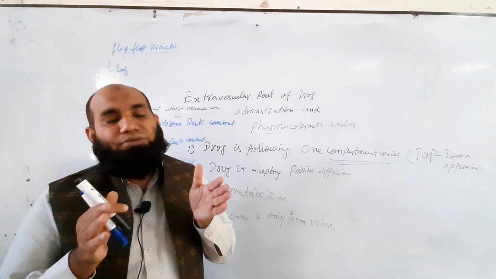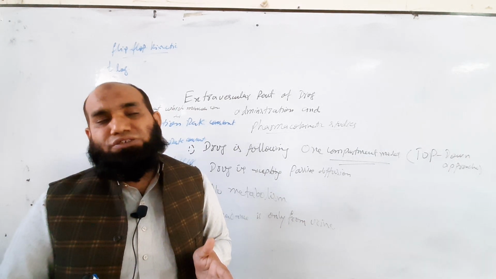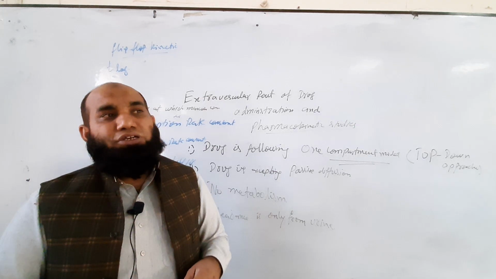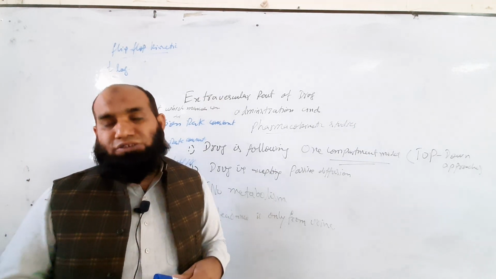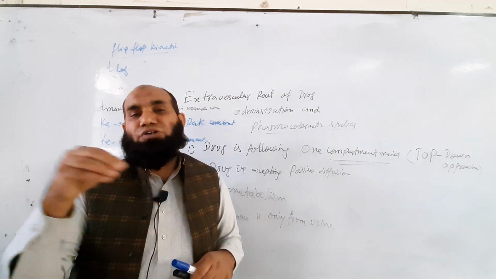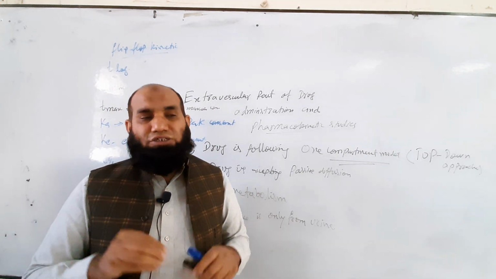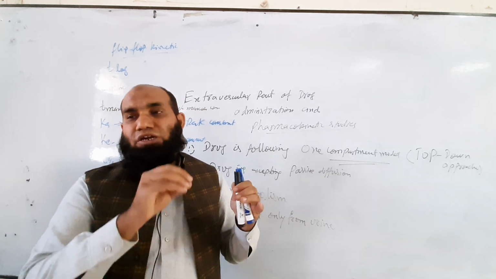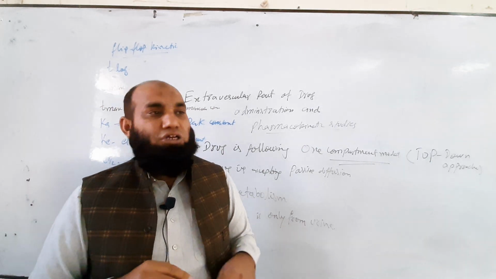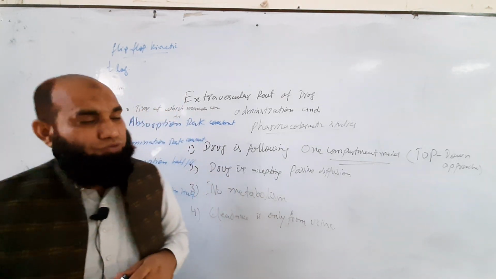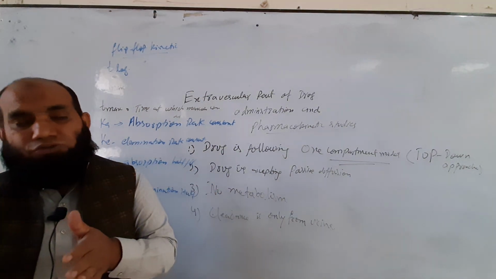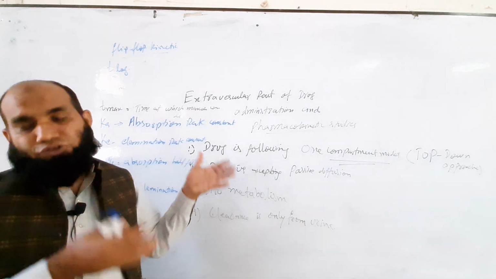At the start, the maximum amount of drug is present in our GI system, in our stomach, intestine, or the whole GI tract, and the minimum amount of drug is present in the systemic circulation. But with the passage of time, the drug moves from the GI tract towards the systemic circulation, and the concentration is reduced in the GI tract and gets higher in the systemic circulation. This concept, where the drug moves from the higher concentration toward the lower concentration, gives us the concept of diffusion.